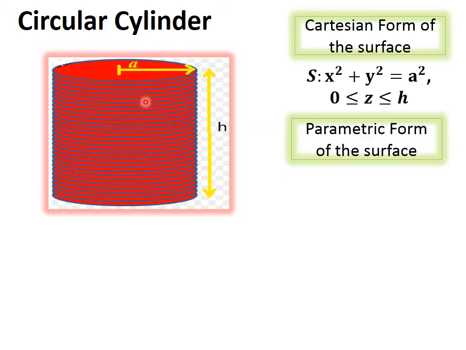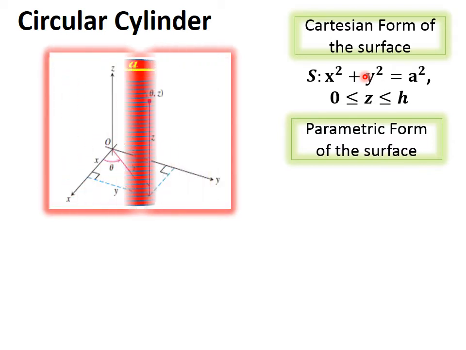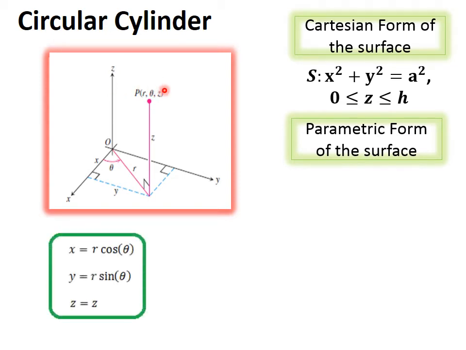How to represent this surface in the parametric form? If we observe this surface, it is having angular variation and also height variation. Every time if you vary the z, you are varying the height. Every time you are stacking the circular rings, it is having the angular variation. So which coordinate system handles the angular and height variation? It is our cylindrical coordinate system.